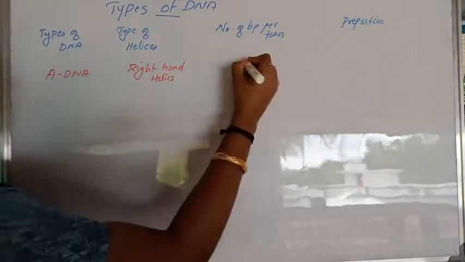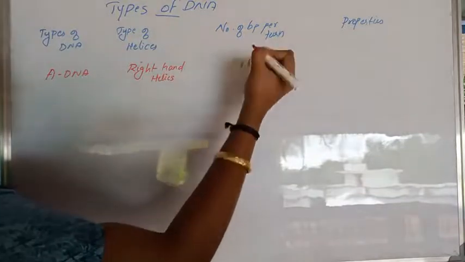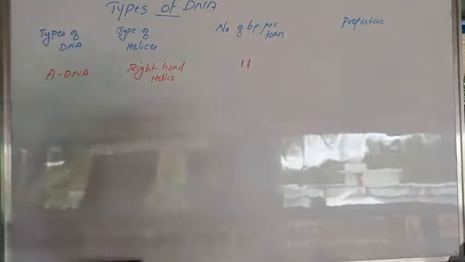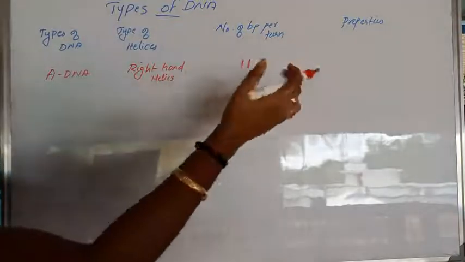Among all these DNAs, B DNA is the most common DNA and is metabolically stable, and it is believed that during transcription B DNA changes to A form, which we will discuss. A DNA is right-handed and the number of base pairs per turn is 11. In case of B DNA it is 10, which we already discussed. There are not that many more properties.